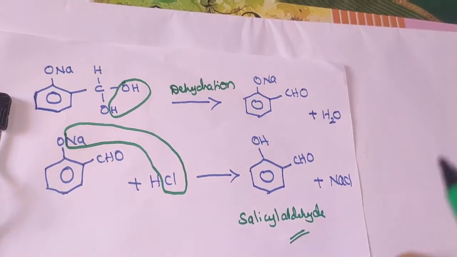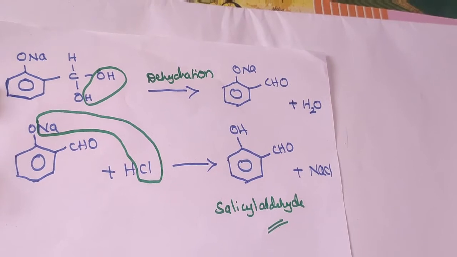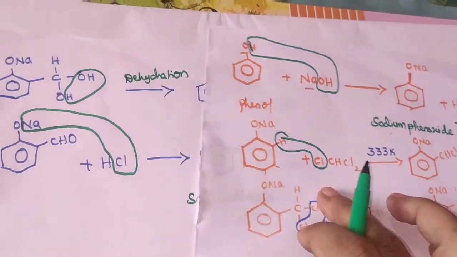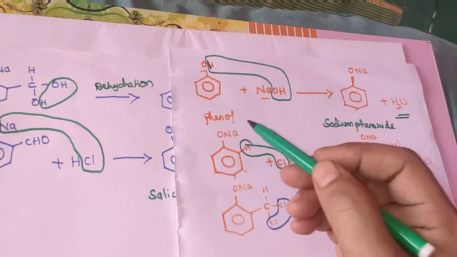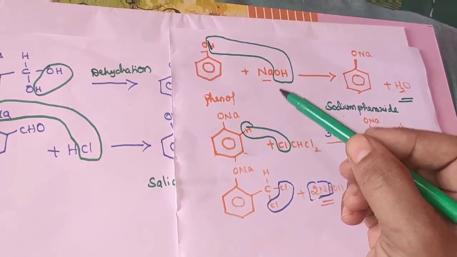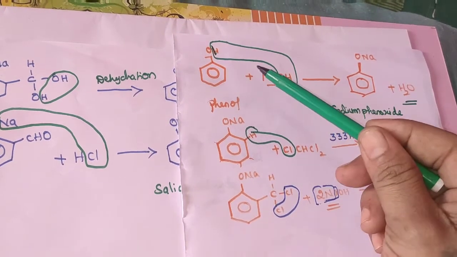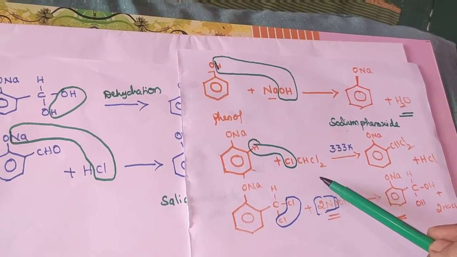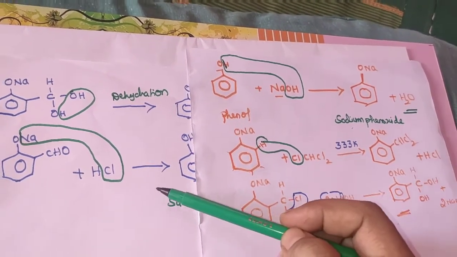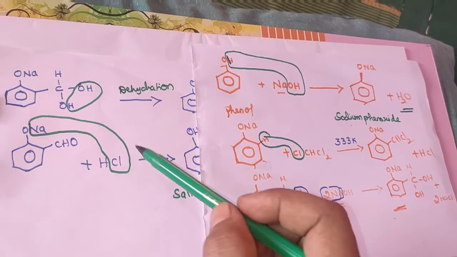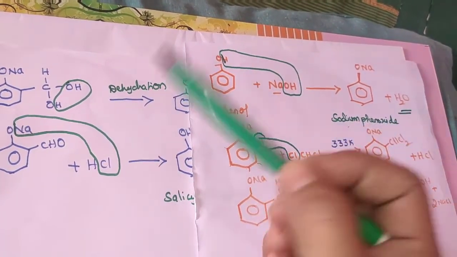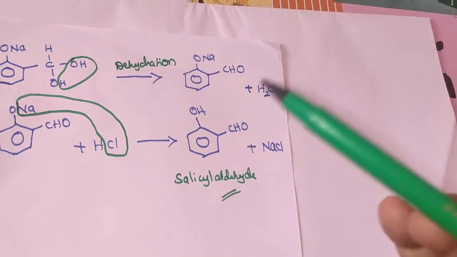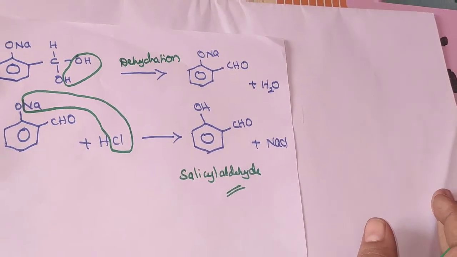See here, this is the Reimer-Tiemann reaction, and how it happens in the case of five steps. First you should remember that sodium phenoxide is the intermediate product. That sodium phenoxide is treated with chloroform, and finally it must be treated with acidification. The product we will obtain here is salicylaldehyde. So this is a very important Reimer-Tiemann reaction.